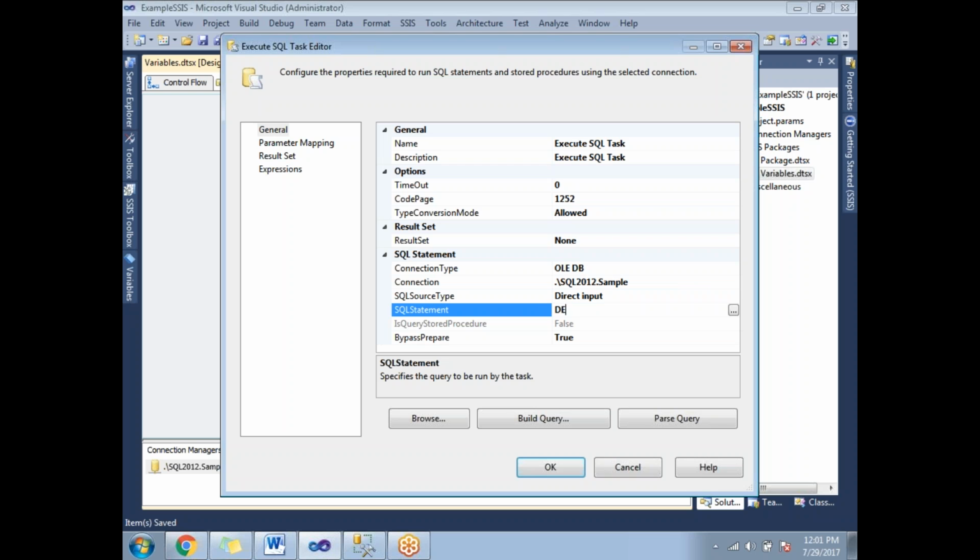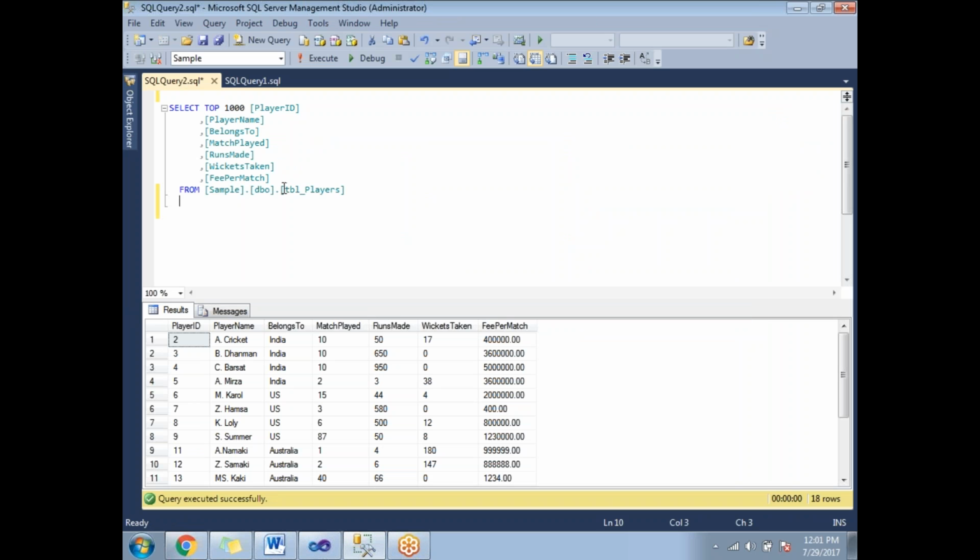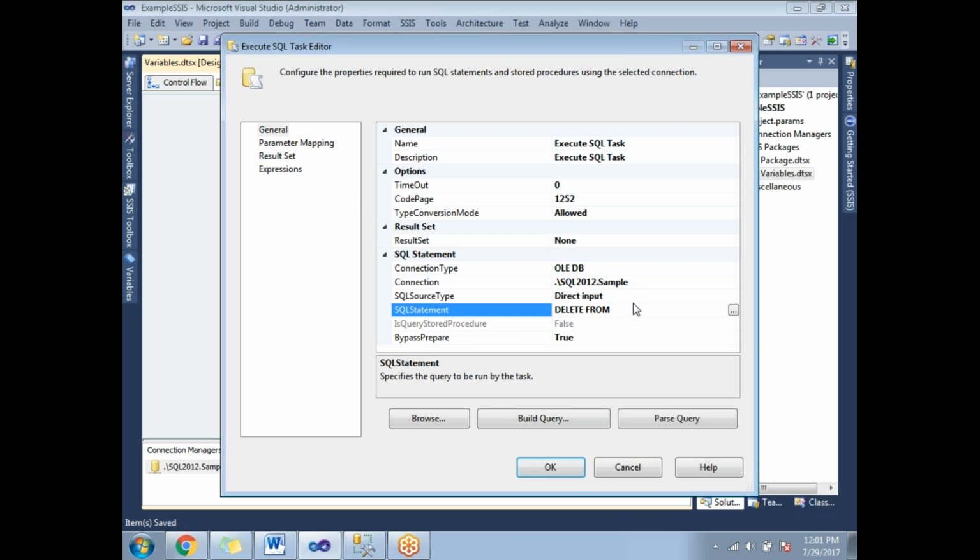So what is the statement to delete? Delete from table name. My table name is TBL players. Delete from players. If you execute this statement, it deletes all the rows from the table. But I don't want to do that. I want to delete only a specific row. So to delete a specific row, we have to put delete from table name where